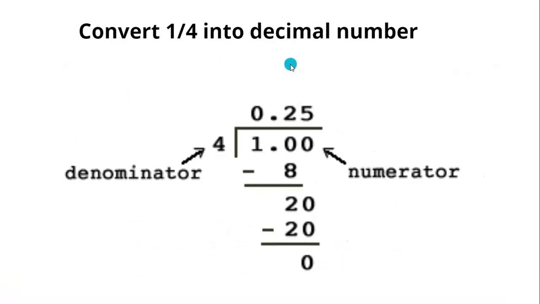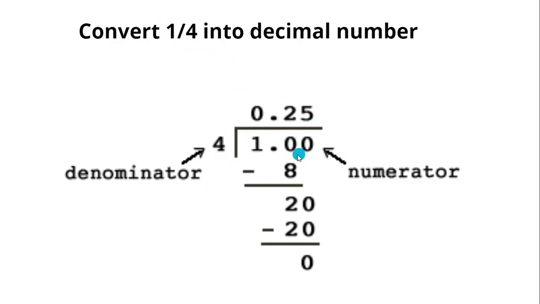So this is another method of converting fraction to decimal, like normal division. So 1 by 4. 1 is the numerator and 4 is the denominator. So we are going to divide 1 by 4. So that is 4 dividing the 1, the denominator outside and the numerator inside. So 1 can be written as 1.00, right? Take this decimal point to the quotient place above.